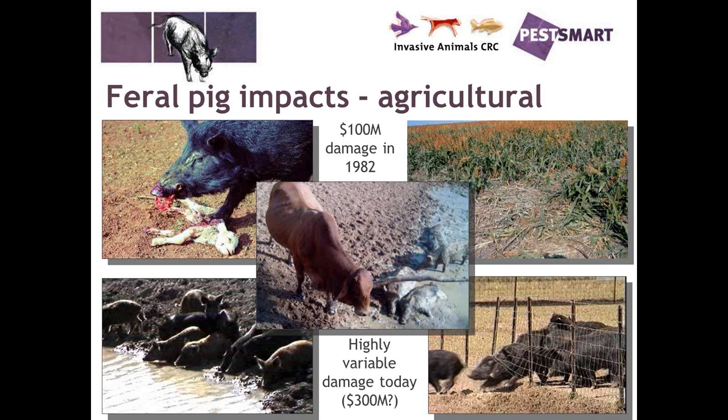So that brings us to the impacts, I guess, of agriculture. Back in '82, it was estimated that feral pigs cause around $100 million worth of damage. This is probably likely to be much greater in current climates. As mentioned, they'll prey on newborn lambs. They wallow where cattle and sheep and all sorts of things drink, which is a huge disease risk. They damage crops by consuming them and just trampling them, smash through fences, and also wallow in dams.